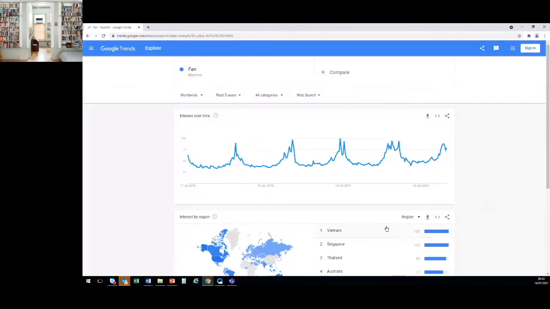Now we can see a quite interesting pattern. There are some peaks on this graph. It is in June 2017, late June. And in 2018, there are several peaks. The biggest peak is around July to August time.